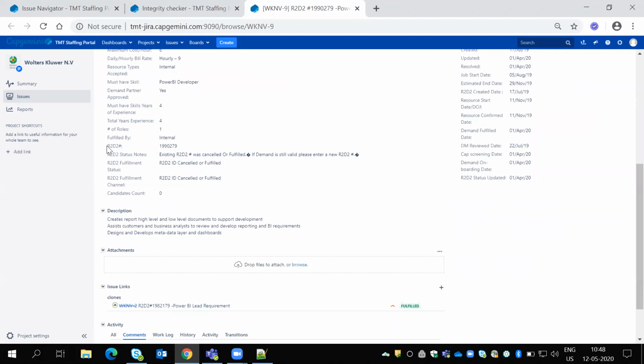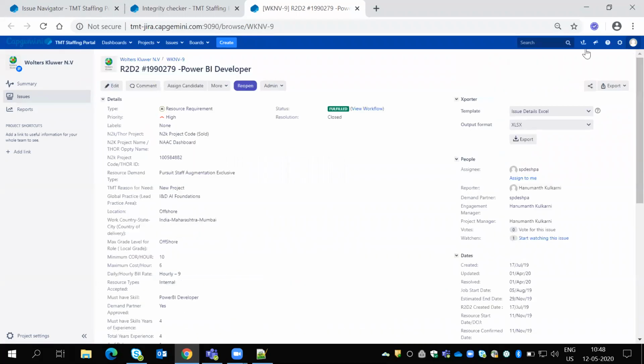Can you see here? I have one field, R2D2 hash. I have some numbers. So I want to capture that, which is a text field.